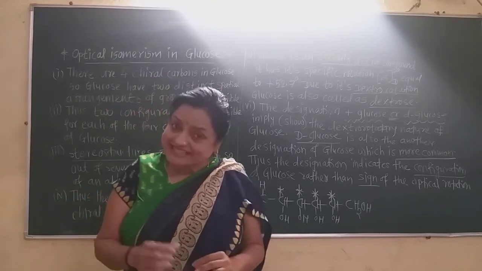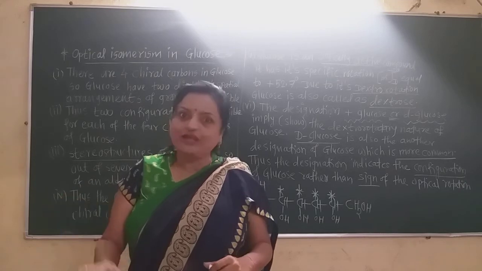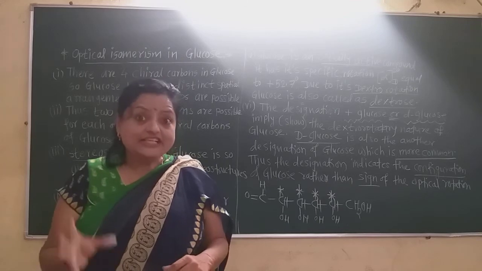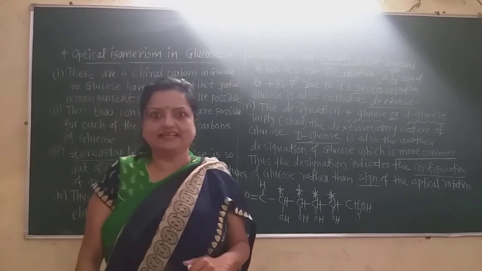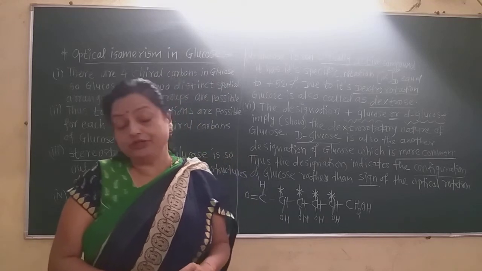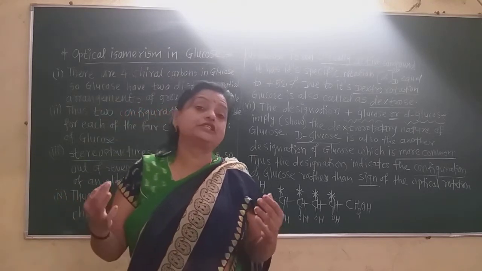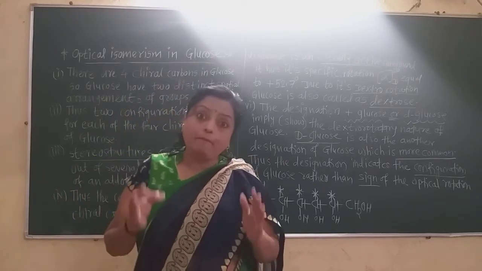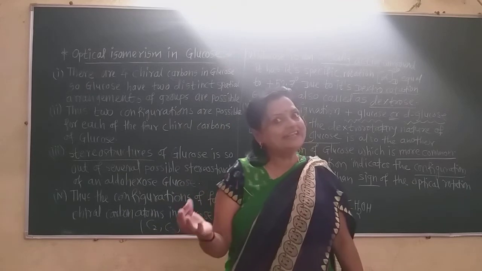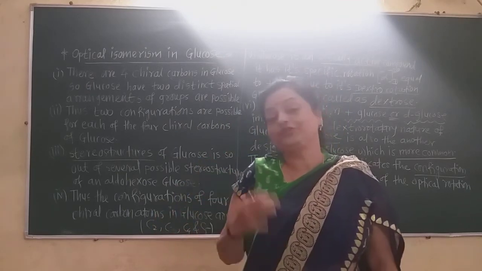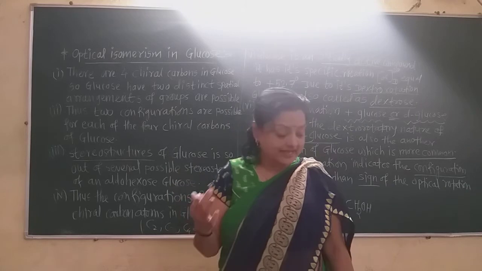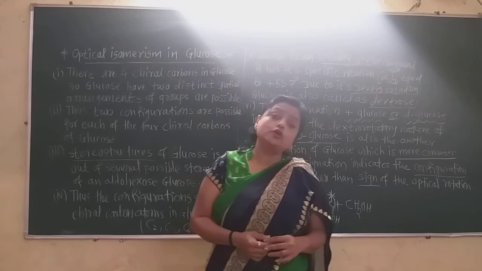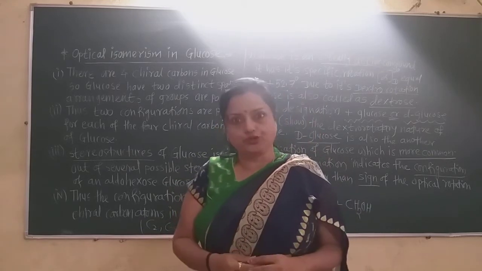active compound. What is meant by an optically active compound? It rotates the plane of plane polarized light, especially to the right hand side. That means it is dextrorotatory. You know what is dextrorotatory and what is laevorotatory. If the optically active compound rotates the plane of plane polarized light to the right hand side, then we call that a dextrorotatory compound. In the chapter on halogen derivatives, we have already seen this. And glucose is also known as dextrose sugar.